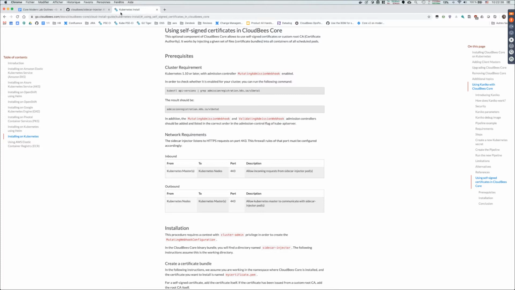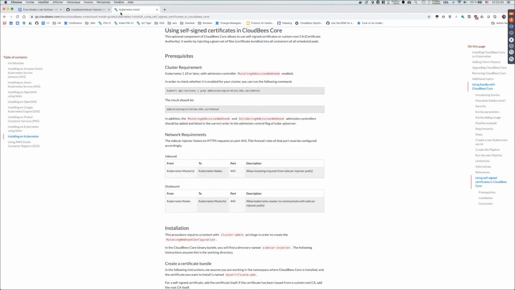So we needed a way to provide this kind of certificate to CloudBees CI so that we can trust it and spare these customers the hurdle and headaches when setting up a TLS certificate.